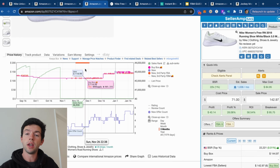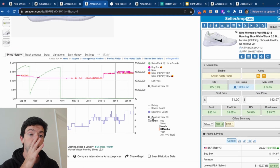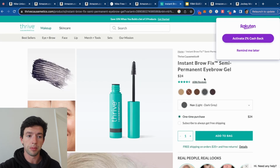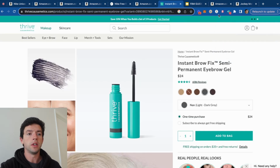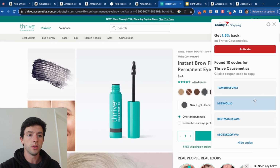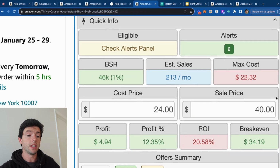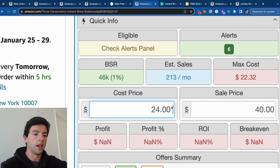And that could cause the product to regress more to this floor price, which we can see it's had here. When you're a beginner, you want to focus primarily on the 90-day, aka the 3-month data on Keepa right here. And ideally, most products you buy are going to require some sort of discount or coupon to become profitable. This product, for example, right here is $24, and then using Capital One Shopping, we can get 20% off this product using one of these codes here. So compared to what a lot of beginners would see at $24, they would see this item as not quite good, right? We can go ahead and plug in a minus 20% because we have that coupon,